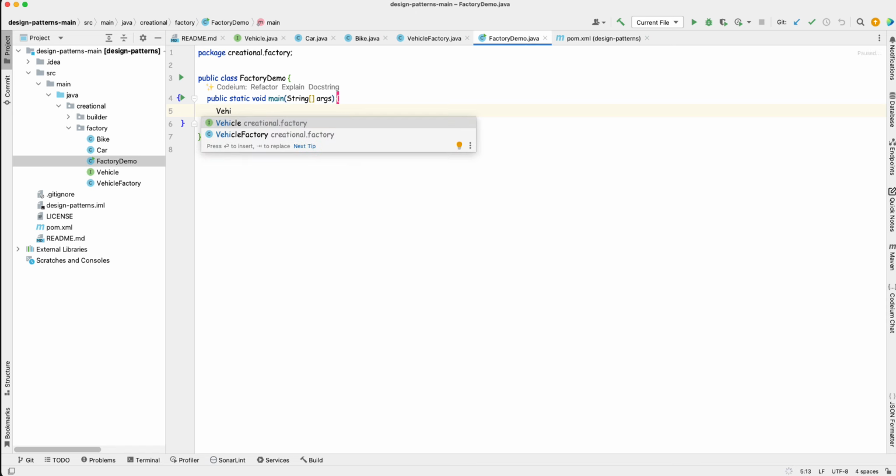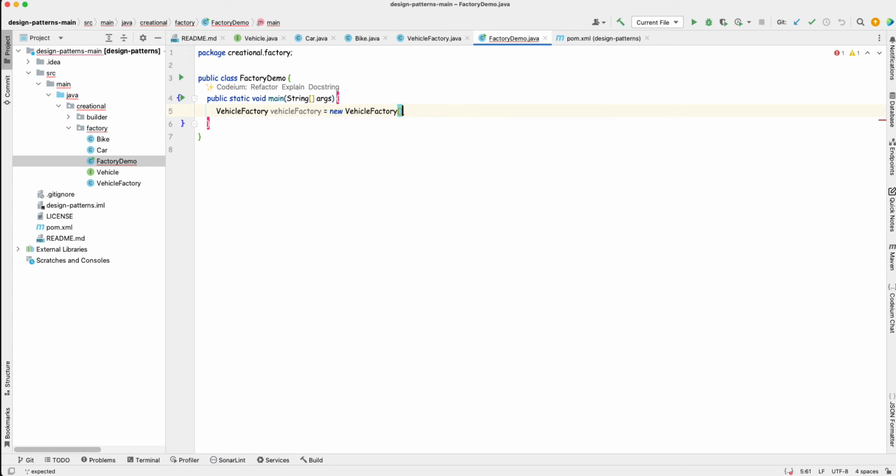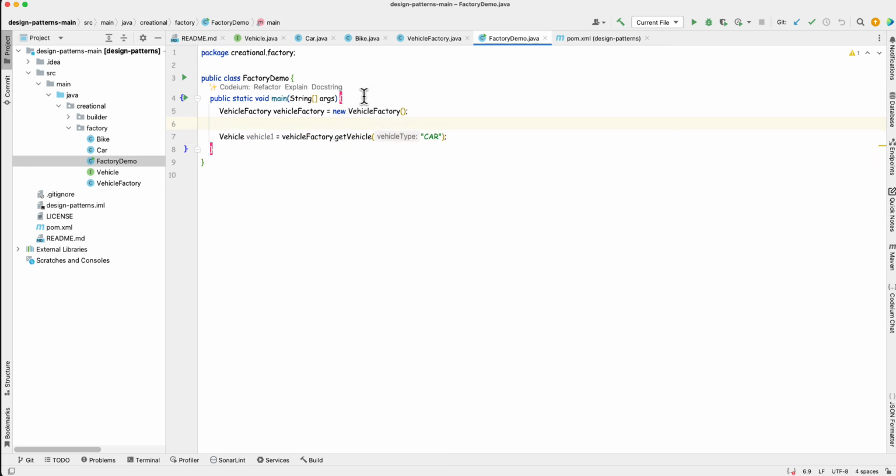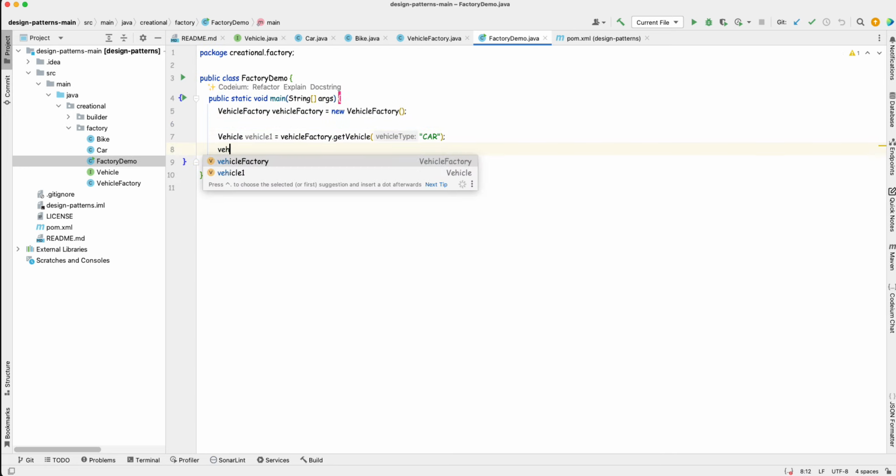So we will create an object for VehicleFactory. VehicleFactory is new VehicleFactory. Vehicle1 means I will use the vehicle factory and say get me a vehicle of type car. And now I can invoke vehicle1.drive.